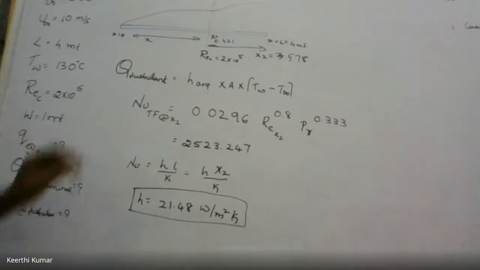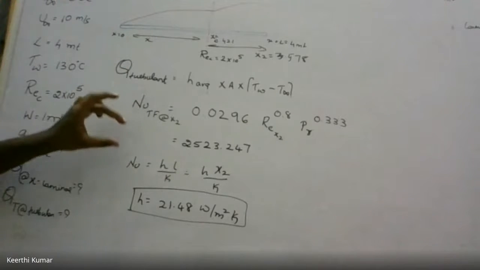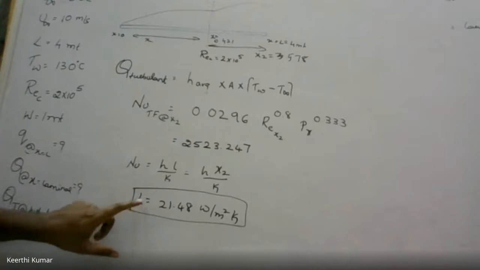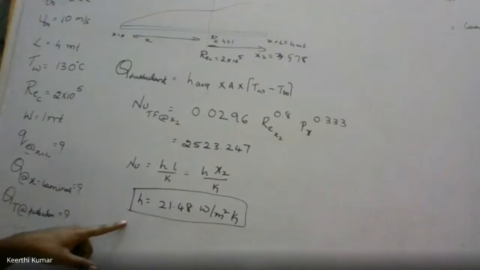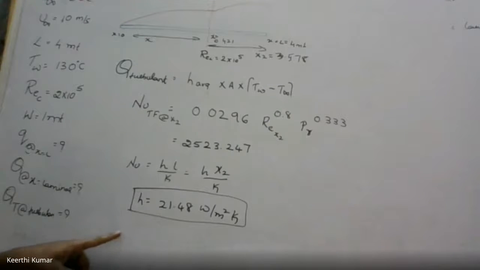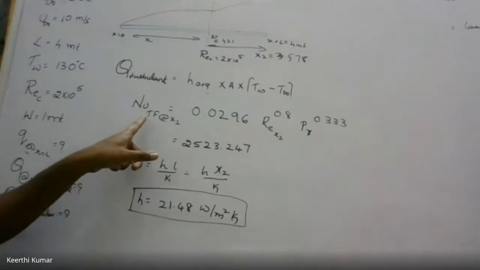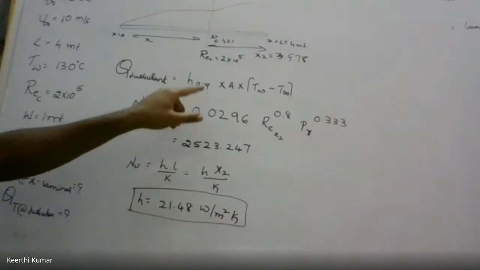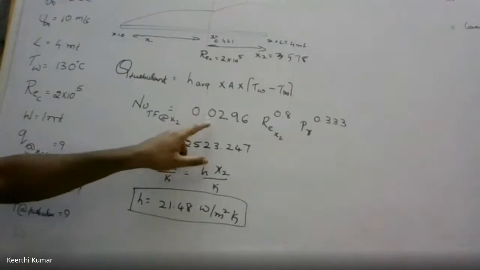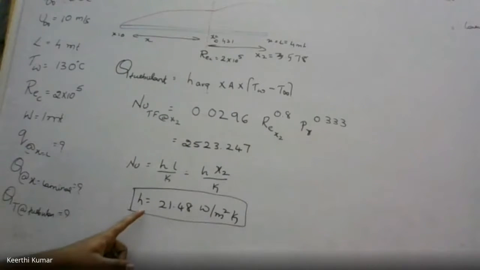The procedure is the same. There also you'll find out Nu. Then with the help of Nu, we'll find out h. With the help of h, we will find out h average. Everything is the same procedure, but the formula for Nu is changed. There it is laminar, here it is turbulent. This is the only change. Substitute and get the value of h. And there is one more change, I'll let you know what that change is.